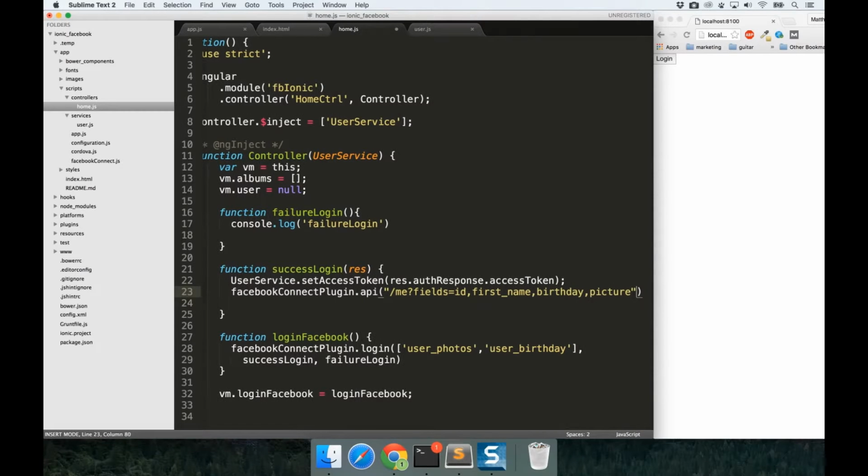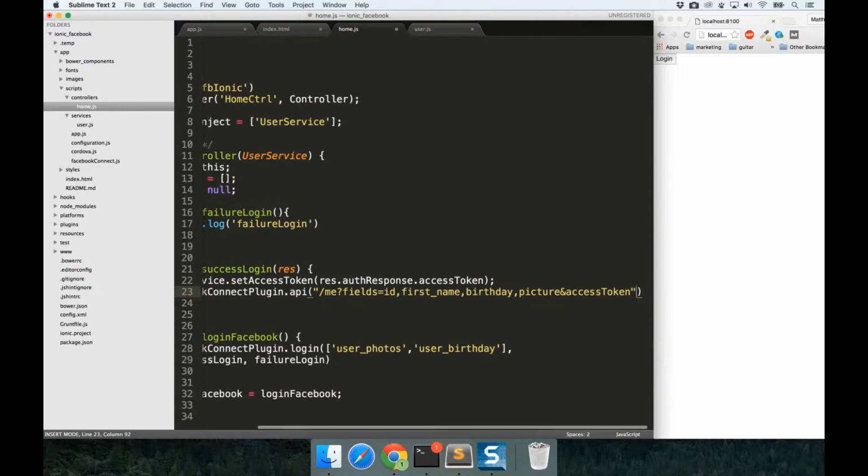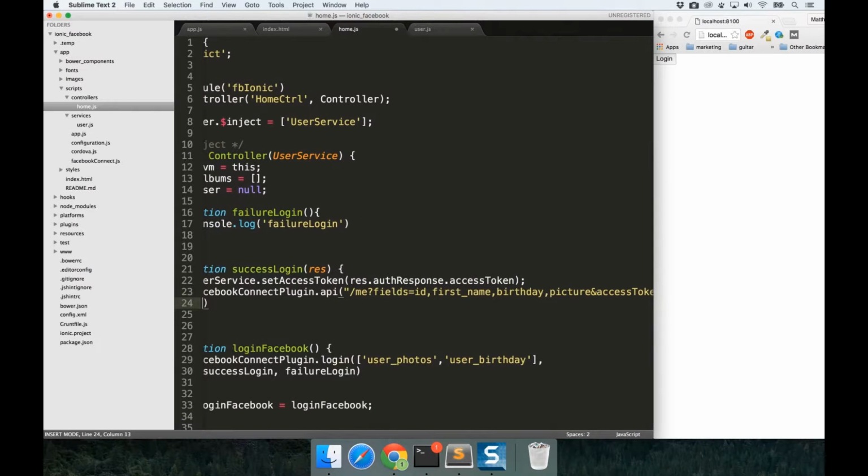That will be enough for now. So when you do this request, you're gonna have to pass the access token with it. And access token, I'm gonna cut this short with res.response.access_token,